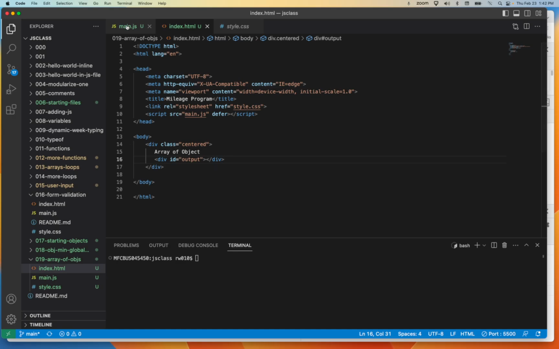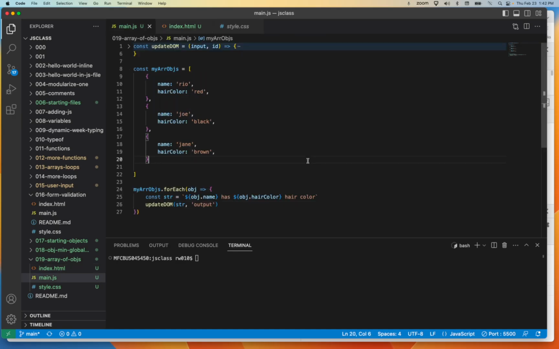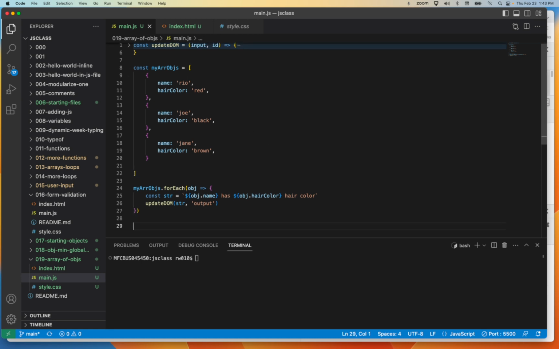Now that's a very simple example. But there's a couple of things you want to keep in mind, which is how to reference based on the way you're iterating. I've already talked about that a little bit, but this would be a good one to play with, to actually write the for loop and play with it that way. Totally do that. So what we're going to do next is we're actually going to refactor the mileage program